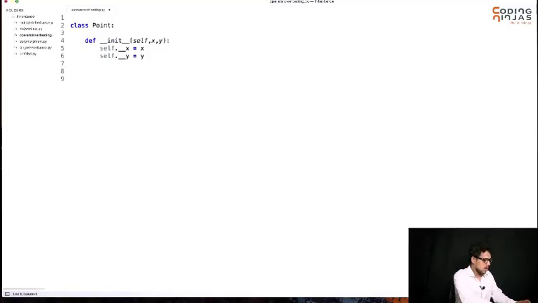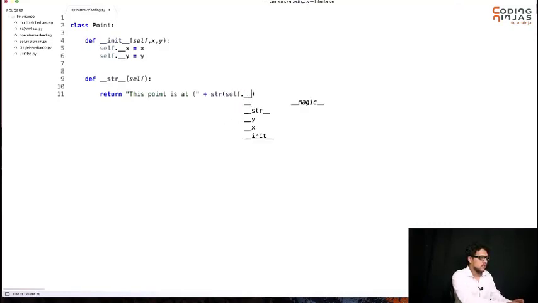Great. Now I can have a getter and setter. So let's override this function as well. We know how to override this. So for overriding this, I am returning a string: this point is at, okay, let's say this, and I am converting my self dot underscore x comma y.